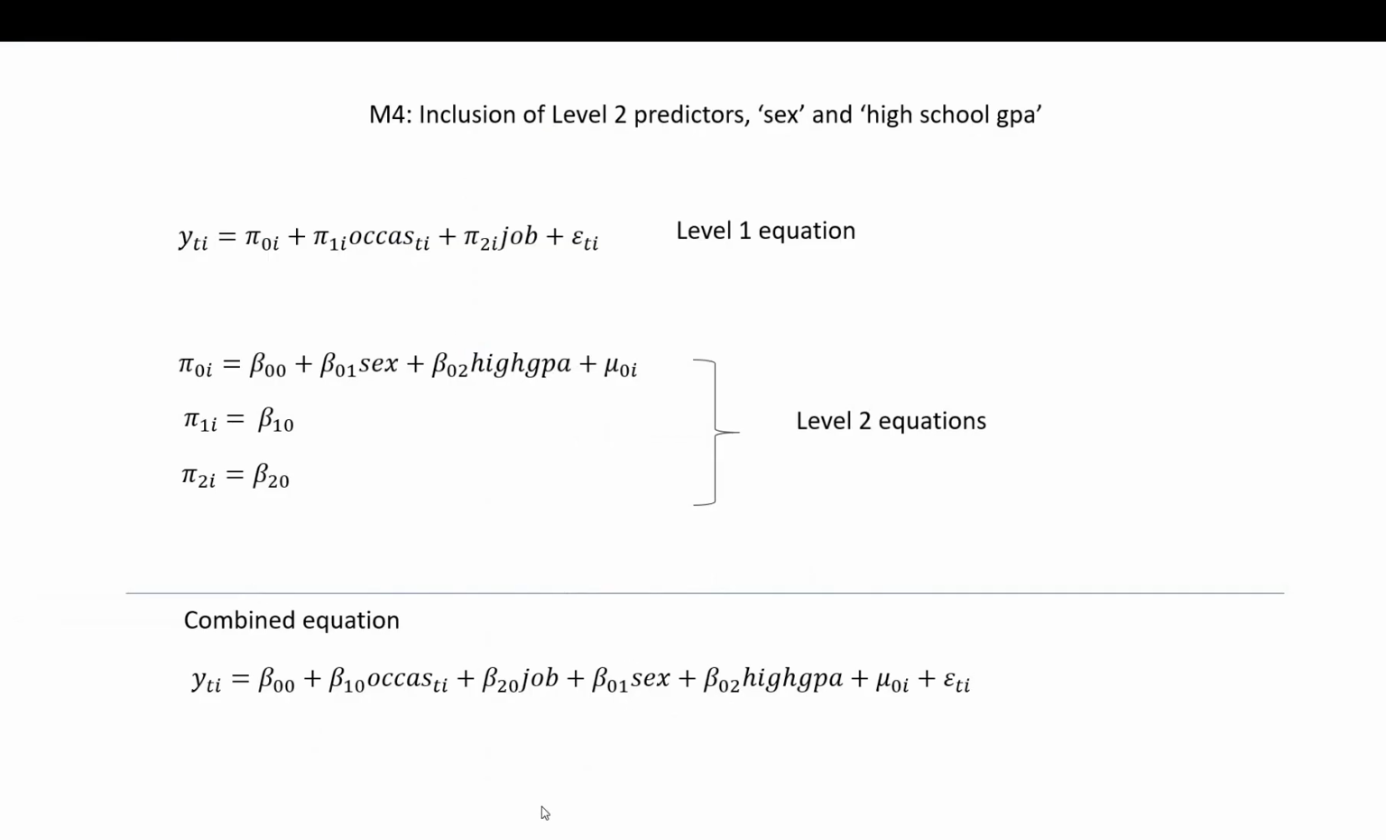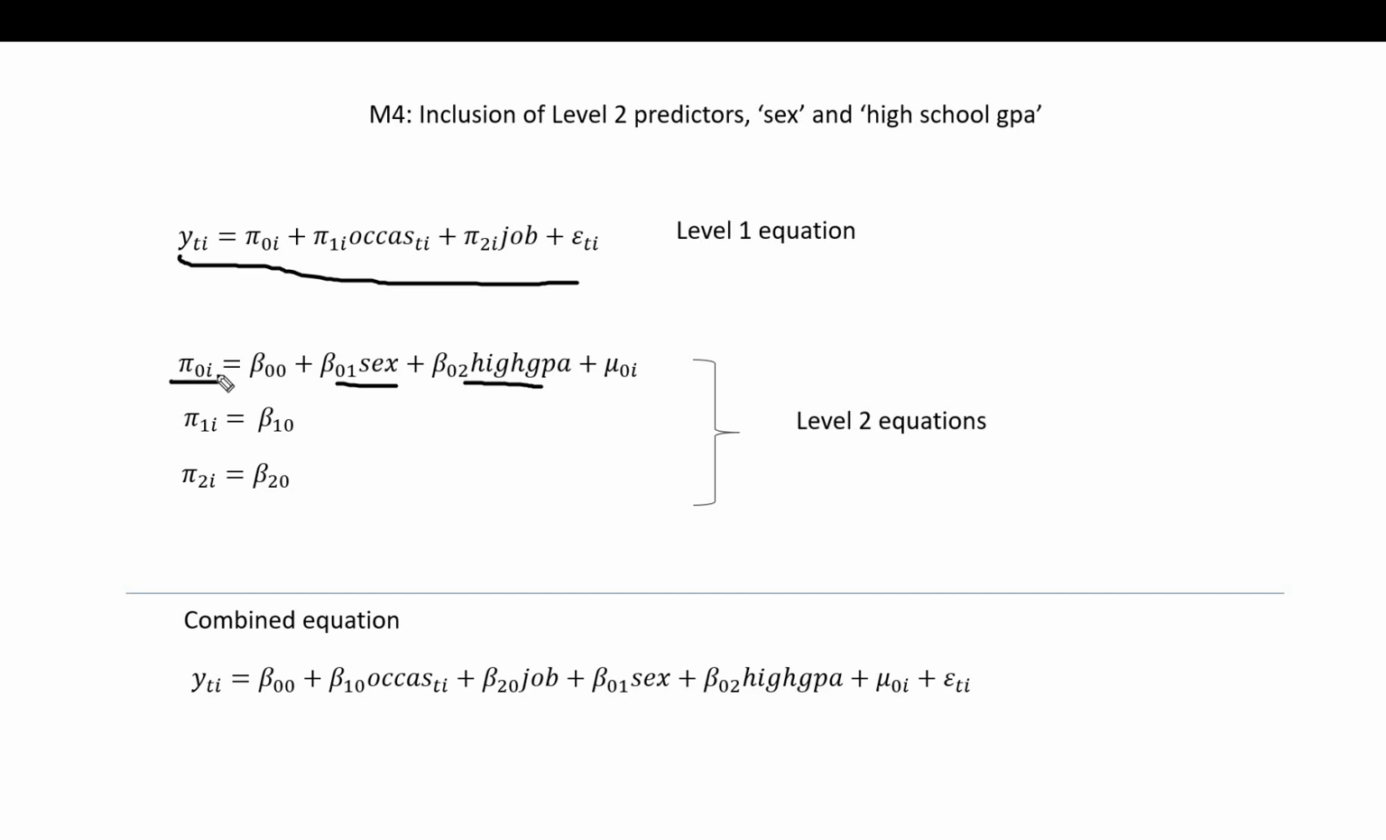Okay, so now we're going to look at Model 4, where we are including our two time invariant predictors, sex and high school GPA. So our level 1 equation is going to be exactly the same as what it was previously, but now we're going to be including sex and high school GPA. So you can see I've got